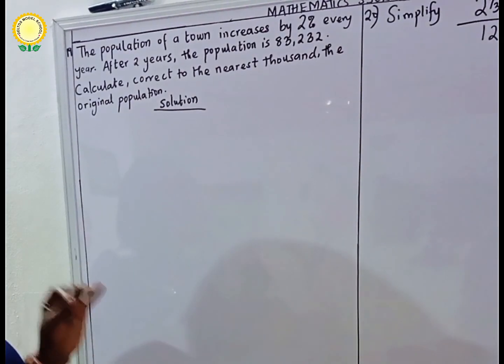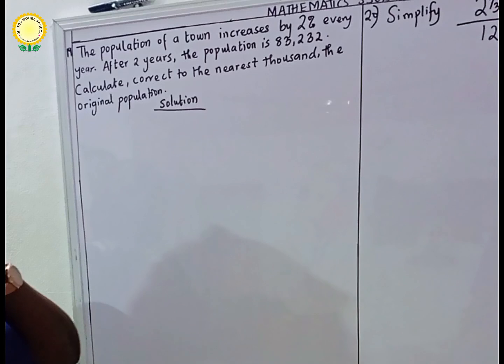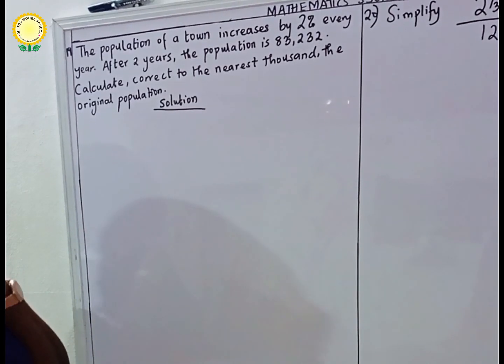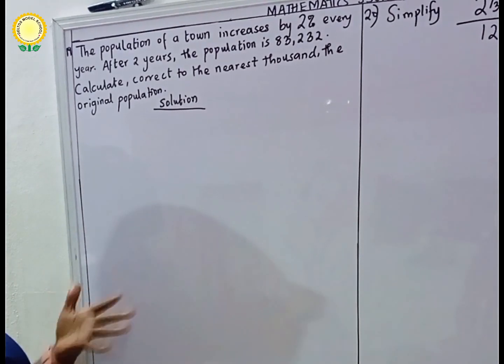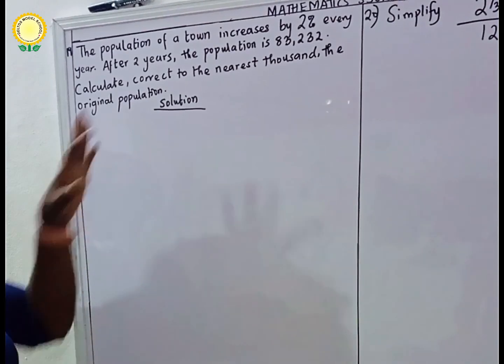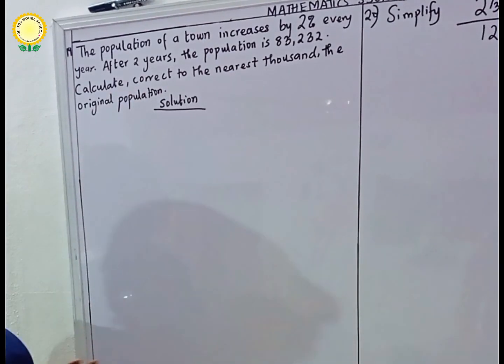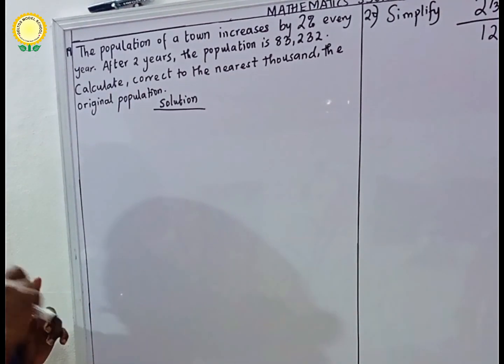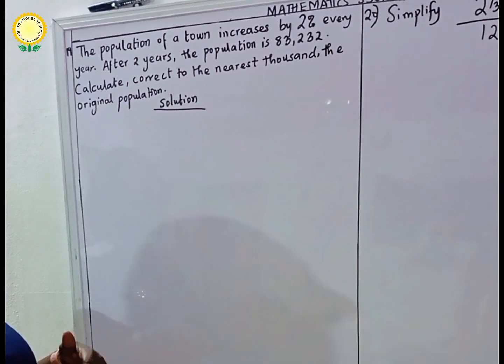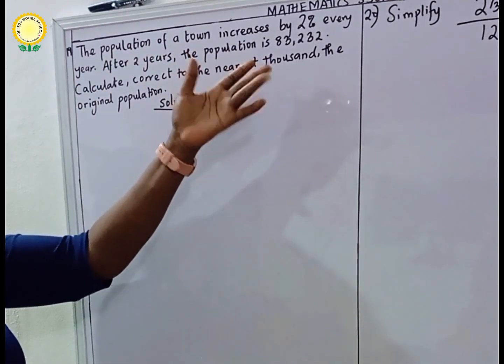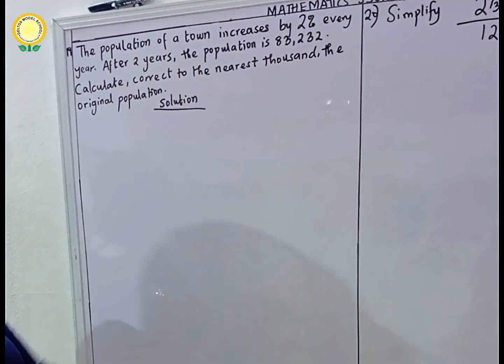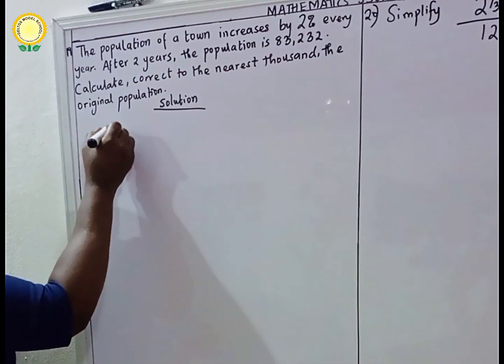Okay, this question is a bit tricky because you were not given the original population, and that is where students usually have concern. If we were given the original population, it would be easy to calculate the increments. You will just find 2% of the original. Am I correct? But now we don't have the original, and this is where it becomes a little bit complicated. But look at it, we want to make it easy. So let's say